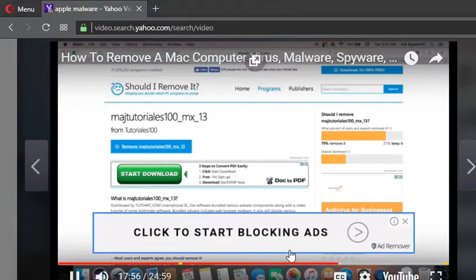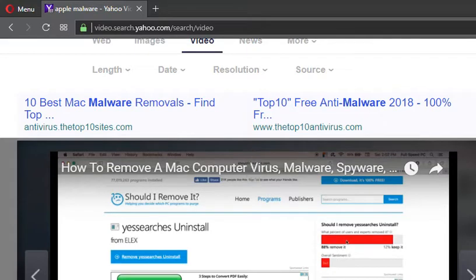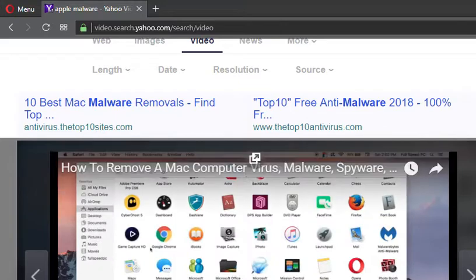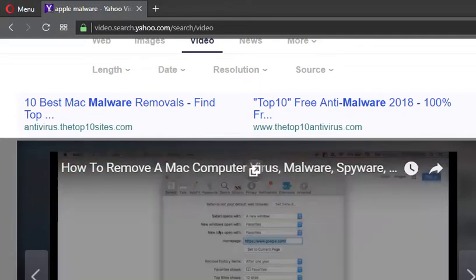Yellow or orange or has a red rating, then it absolutely needs to be removed. And so this is just a tool that you can use to help identify programs. Another good rule of thumb, if you see any programs here that claim to be cleaners or